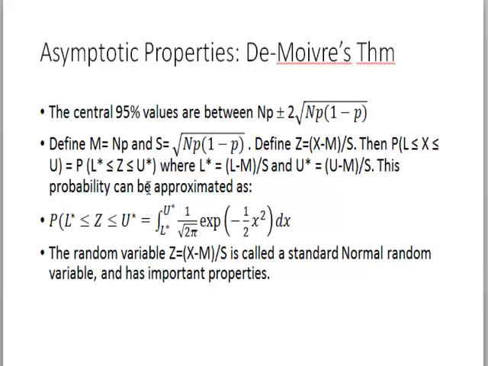Then basically this z becomes normal for large n, and that is the content of de Moivre's theorem. One way to state it, there are other ways as well, is that if you standardize a binomial random variable, it becomes standard normal for large n. So the probability can be written in terms of a normal integral,